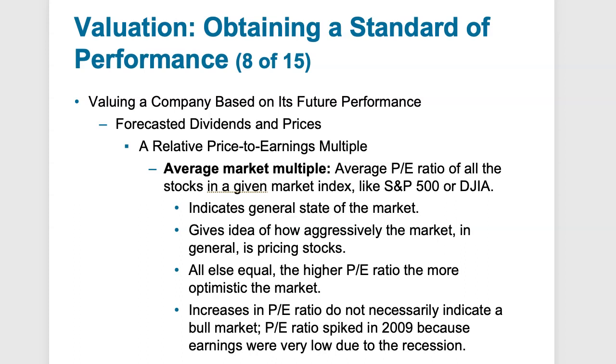And as this PE multiple starts to drift higher, say if you're looking at it as a monthly average, we see that there's optimism growing that stocks are going to move higher. So this increasing PE ratio, it doesn't necessarily always indicate the length or the strength of the bull market, but when they tend to peak,